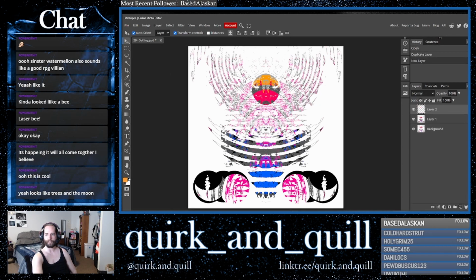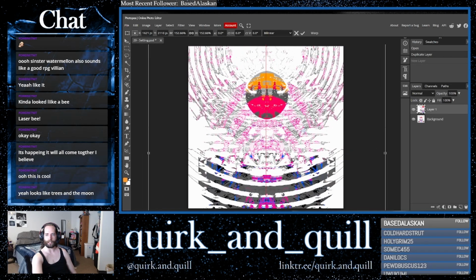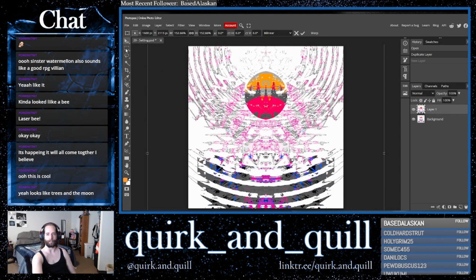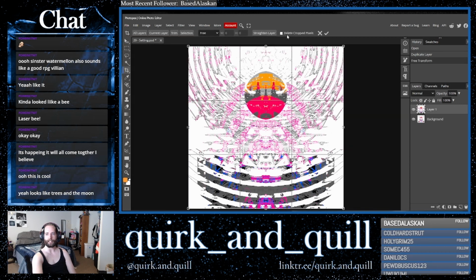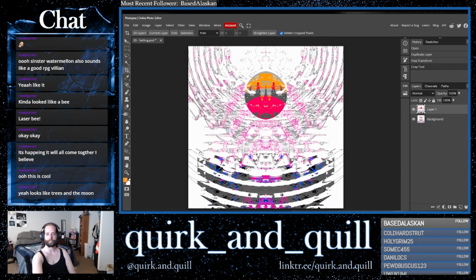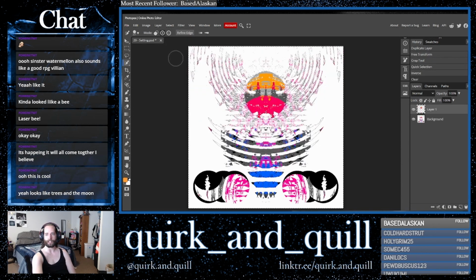What was I trying to do? I think I just wanted the center part to be a little bit bigger. That's the main thing here. Image analysis, that's terrifying. Okay, and select inverse delete.